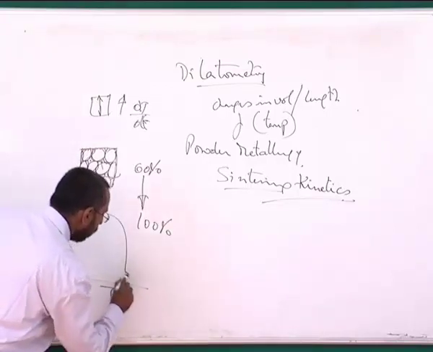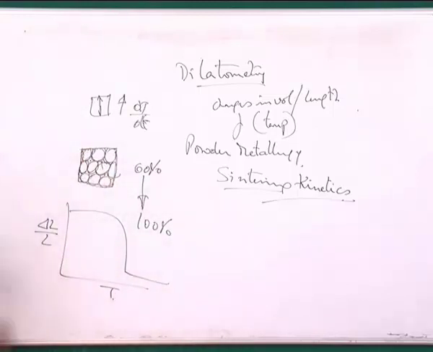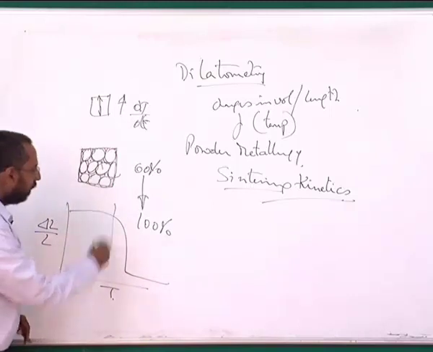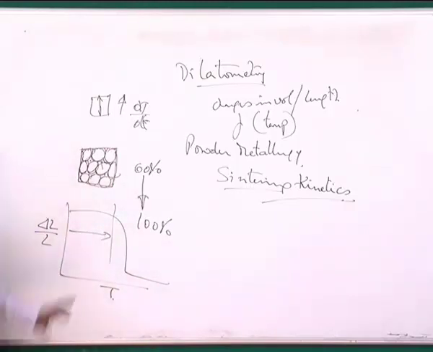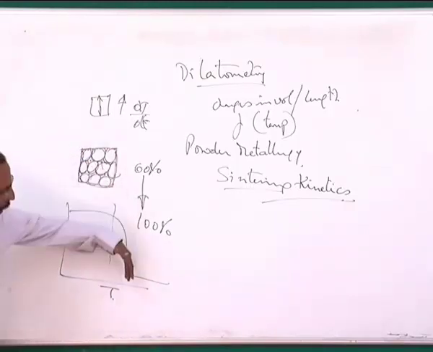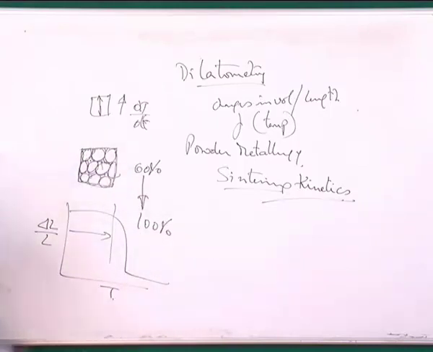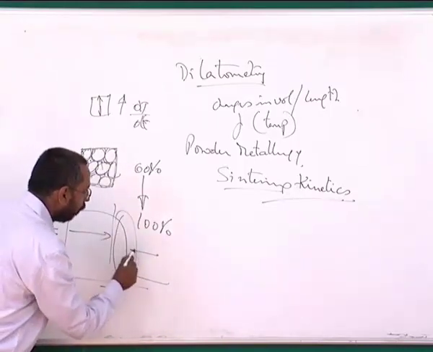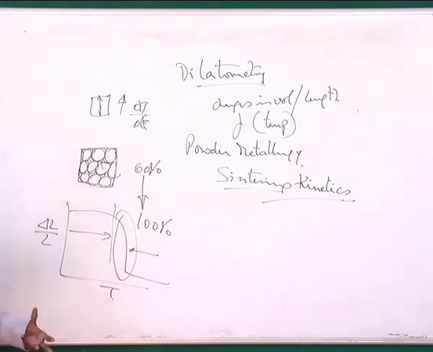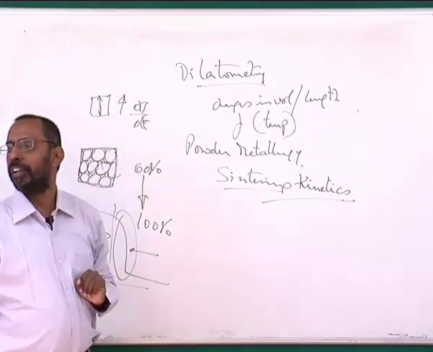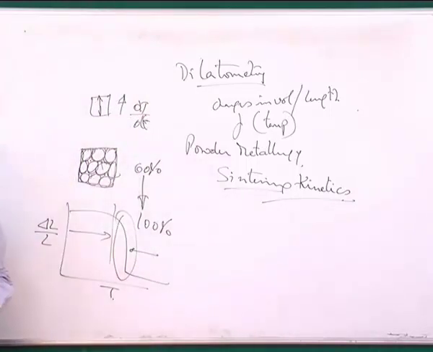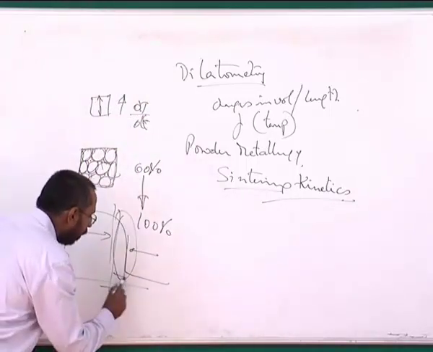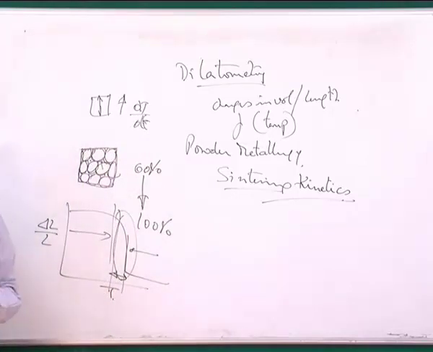And if it is sintering, you would possibly see something like that. There is a shrinkage. Up to a certain temperature, the shrinkage is very, very small. That means no sintering has taken place. And beyond a particular temperature, you suddenly see it. If you find out this temperature for a given material, I can use that information and do all my sintering studies at that particular temperature or within that short temperature domain, so that I get the best sintering kinetics within that domain.